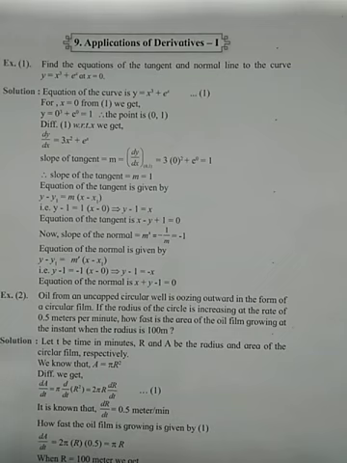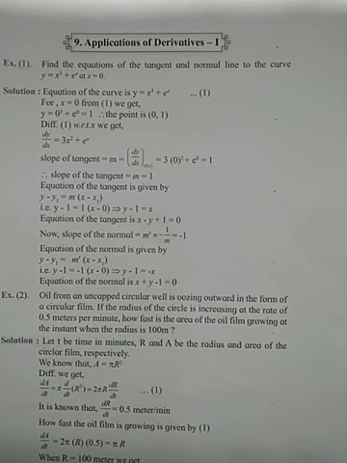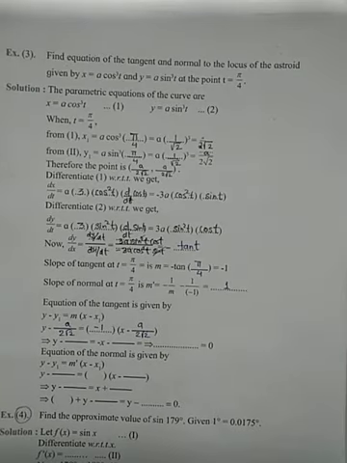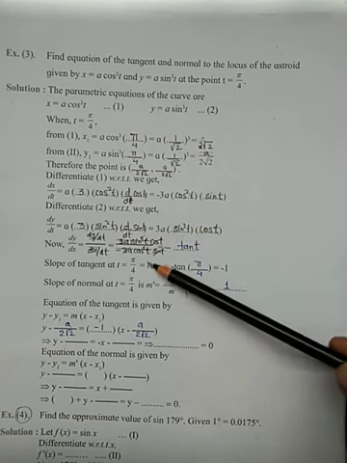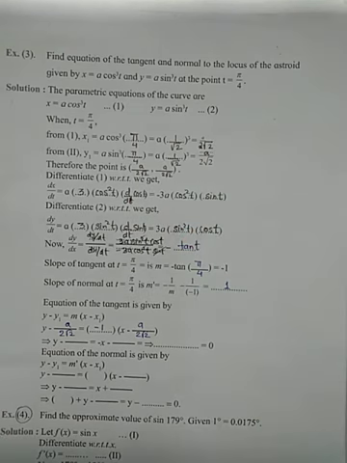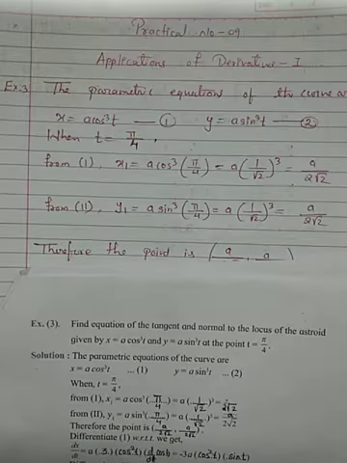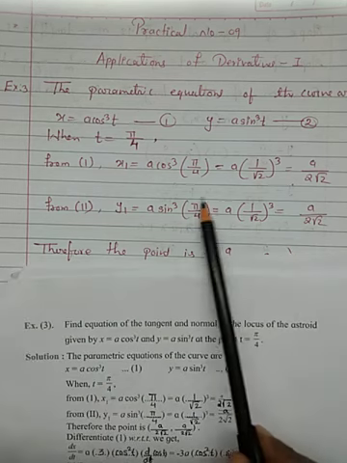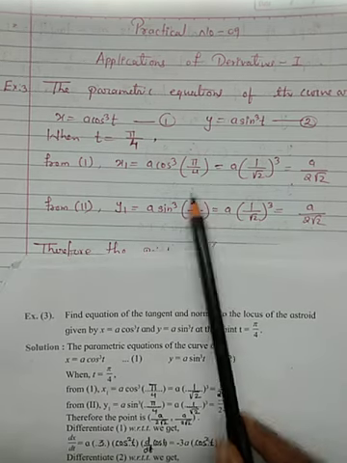See, question number 1, that is example number 1: find the equation of tangent and normal to the curve at x equals 0. This type of problem has already been completed in your theory part. It is solved over here. Examples number 1 and 2 are solved. Example number 3 is of fill in the blank type. I was facing a problem while writing because space is very less, so I have written it on a separate page, and you can copy it from there. Same example number 3 I have solved on foolscap paper.